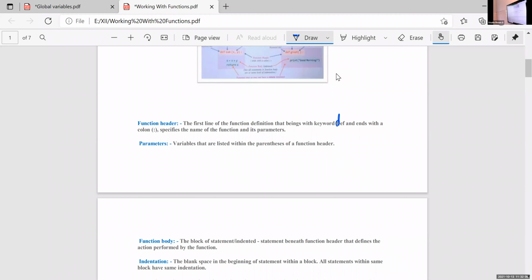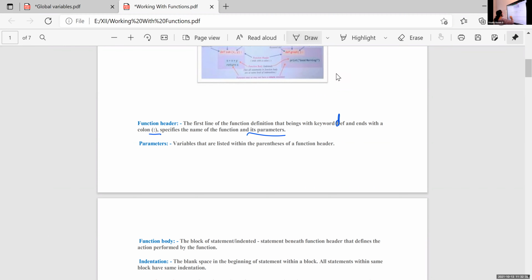So that is function header line. Function header line means it is the starting line of that function. It will start with keyword def, end with colon. And within that function bracket, we are using some parameters and also one name for that function. That is user-defined name and user-defined parameters.